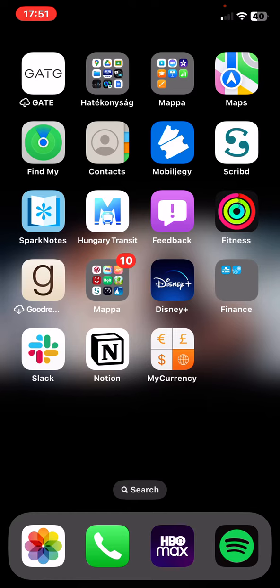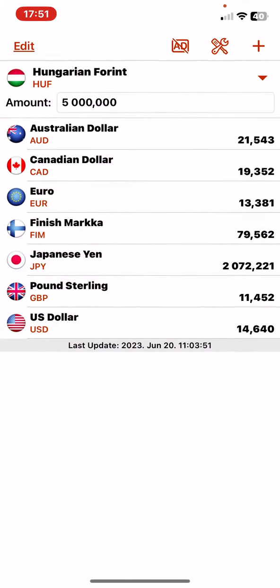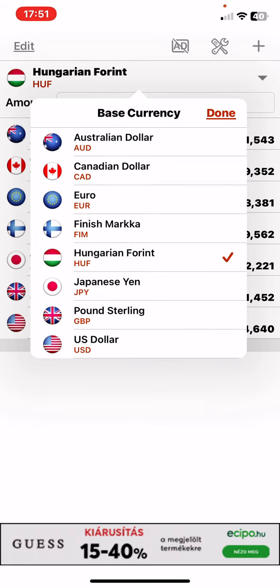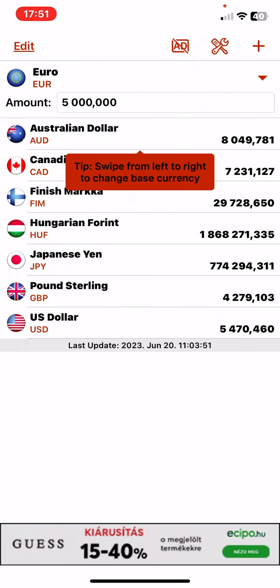Let's jump into it. First of all, open the application on your phone. So in this application you can convert different currencies. For example, you can set a base currency and then you convert it to different countries' currencies, so